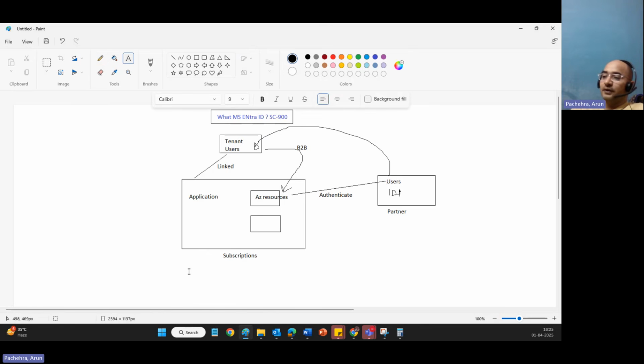There is another thing called B2C. You create another tenant for those kinds of scenarios, where you are letting your customer log into your applications. That is B2C. For that, there is a different tenant. We'll talk about all these in the upcoming future. So the point is, MS Entra ID is simply your identity and access management system in the Microsoft cloud, a cloud-based